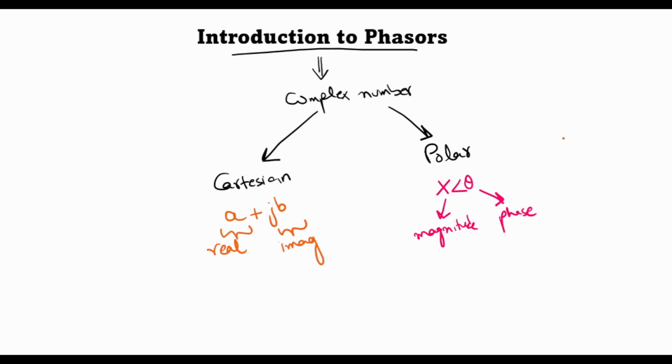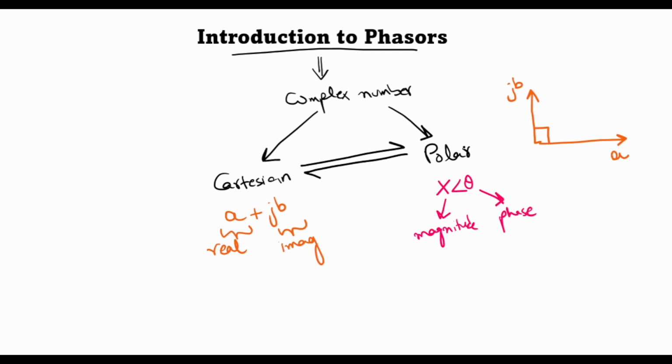Now this can be explained with the help of an Argand diagram. If a is the real part of the complex number and j times b is the imaginary part, then in the Cartesian domain this can be represented by two vectors which are perpendicular to each other. So j times b will be leading a with an angle of 90 degrees. Now it is possible to go back and forth between the Cartesian domain